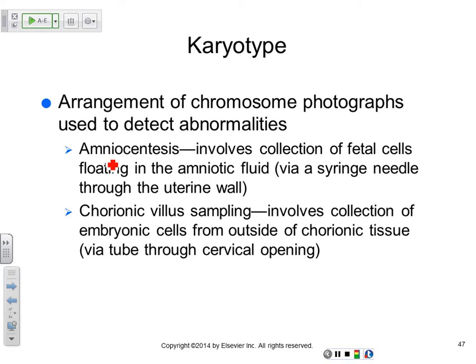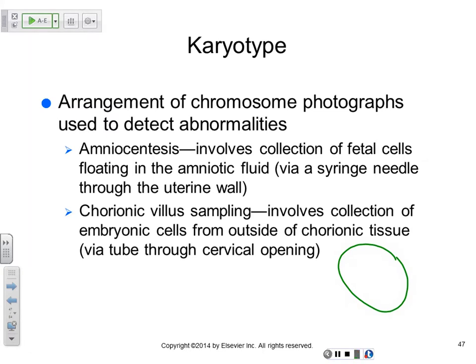Another way that is less invasive is chorionic villus sampling. You know how the fetus is surrounded by the chorion, which is the outermost membrane, and then the amnion, which has the fluid inside. Okay, so the chorion, in fact, is the fetal contribution to the placenta, and the mother will contribute the endometrium. So the bag on the outside, for lack of a better word, will be the chorion. So what they do is they go through the vagina and through the cervix, all right?